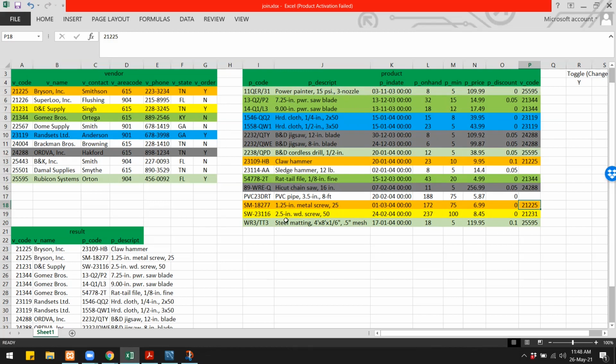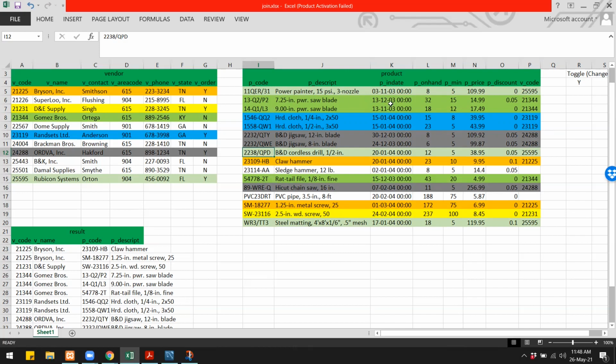21231, so there is 1 product. 21344, there are 2. Then 22567, this vendor does not have any product. 23119, this vendor has 2 products, and so on. So you can see that in the vendor table, there are some vendors who do not have a product.